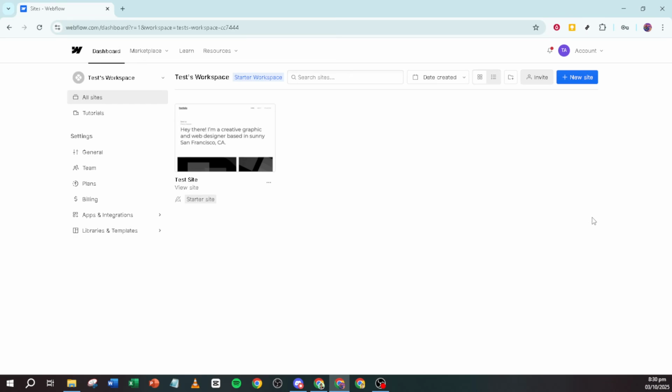First, let's begin by navigating to your Webflow site. Open your preferred web browser and log in to your Webflow account. Once you're on your dashboard, select the project you'd like to work on, and get ready to dive into the Webflow Designer. This will be your playground for adding and customizing content.